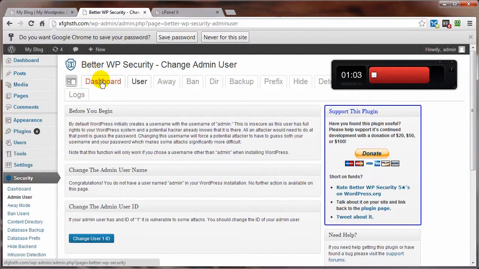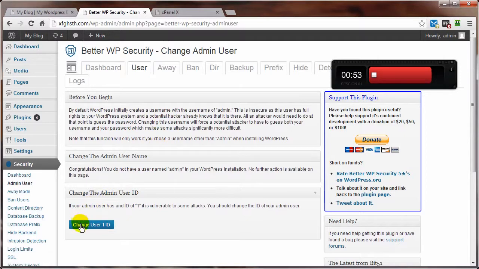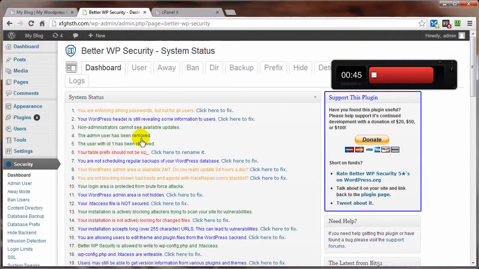Now if we come on back to the dashboard, oh, okay, that one still exists, but we did get rid of that one. Let's get rid of this one here, because to do that it required us to log back in. Now if we come on back to the dashboard, you can see that one's not green, and that's basically what